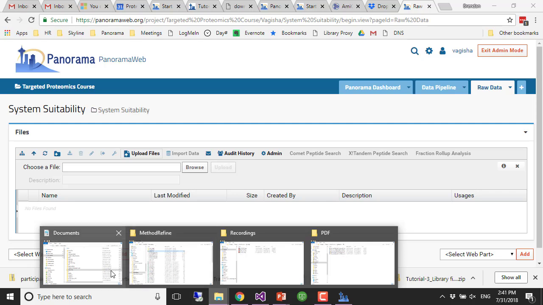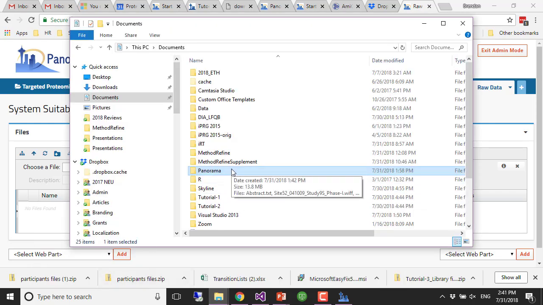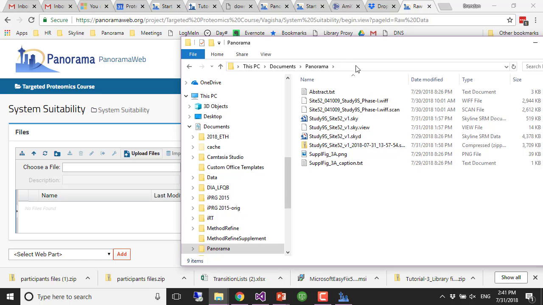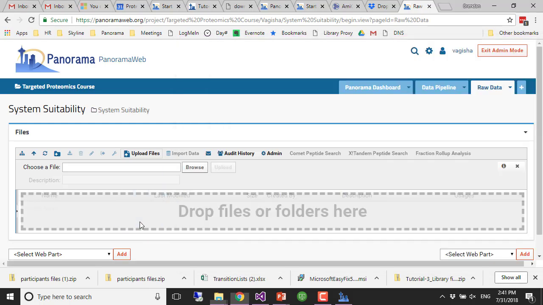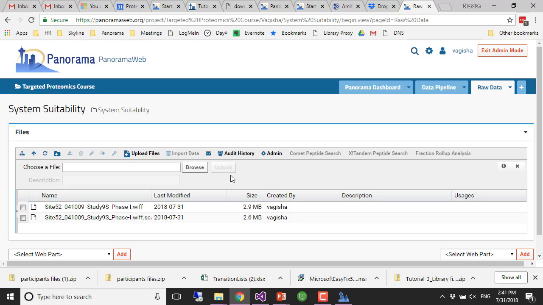So let's see, documents, Panorama, and these are the files that I need. So your tutorial data contains the raw files that you need for this Skyline document. Okay, so now I have uploaded